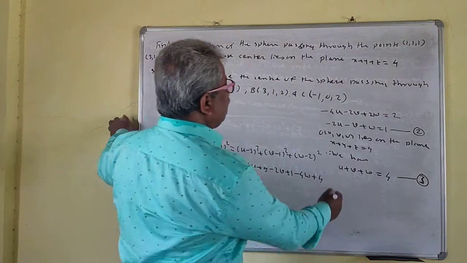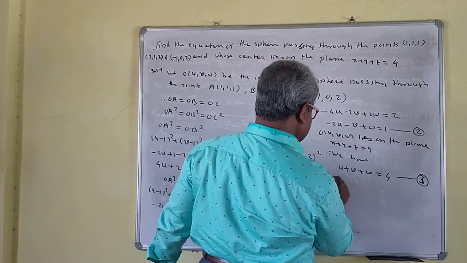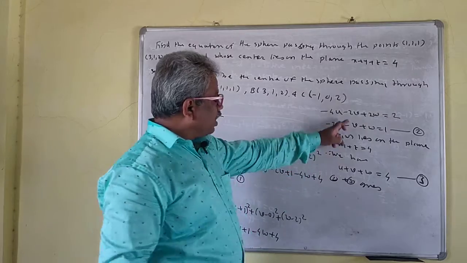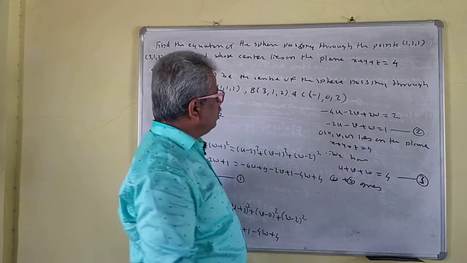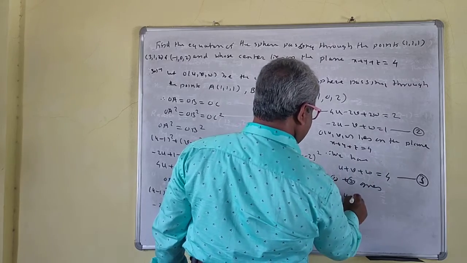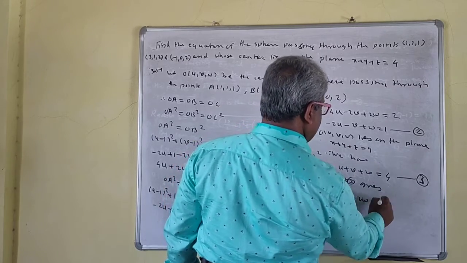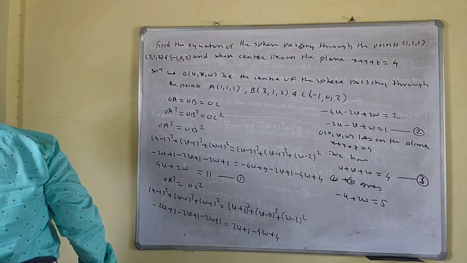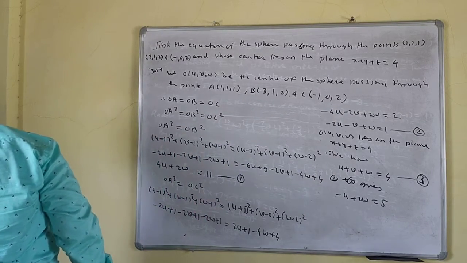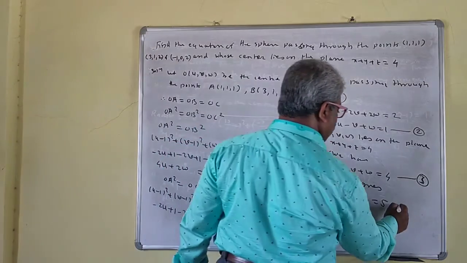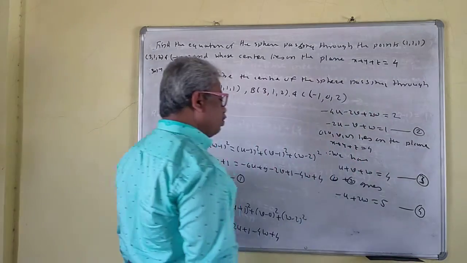So what I will do? I will multiply by 2. Okay. So 2 plus 3 gives. If you take the addition of this one, your V get cancelled. So this is then minus U plus twice W is equal to 5. I can call this as 4 now.